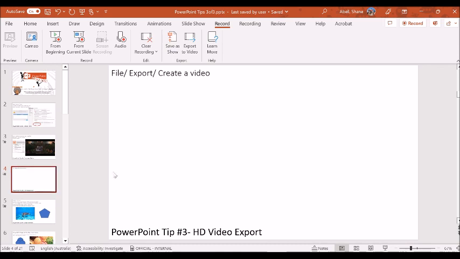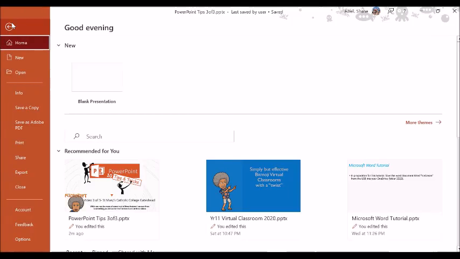Tip number 3 is creating an HD video export. So at the moment, all these individual slides depend on us clicking and moving forward within that slide. But what we actually can do is turn this PowerPoint into a video. So if we go up to File and Export,